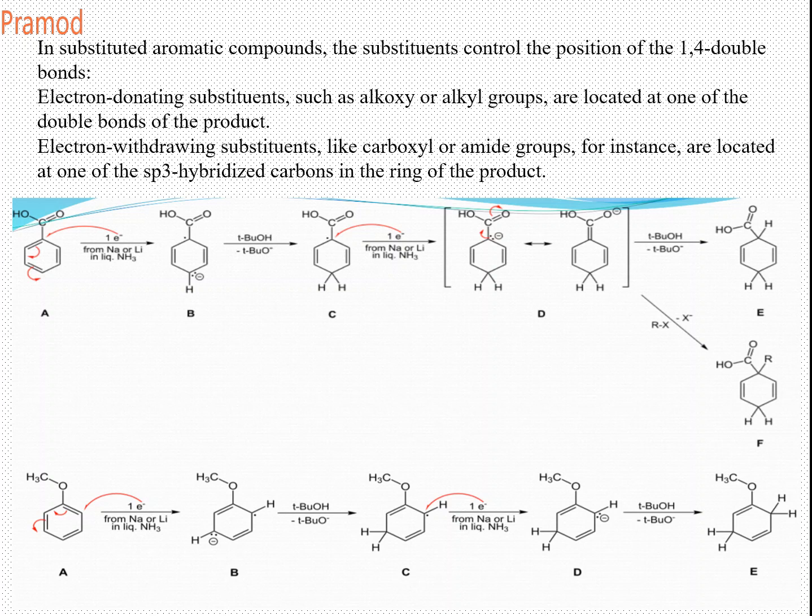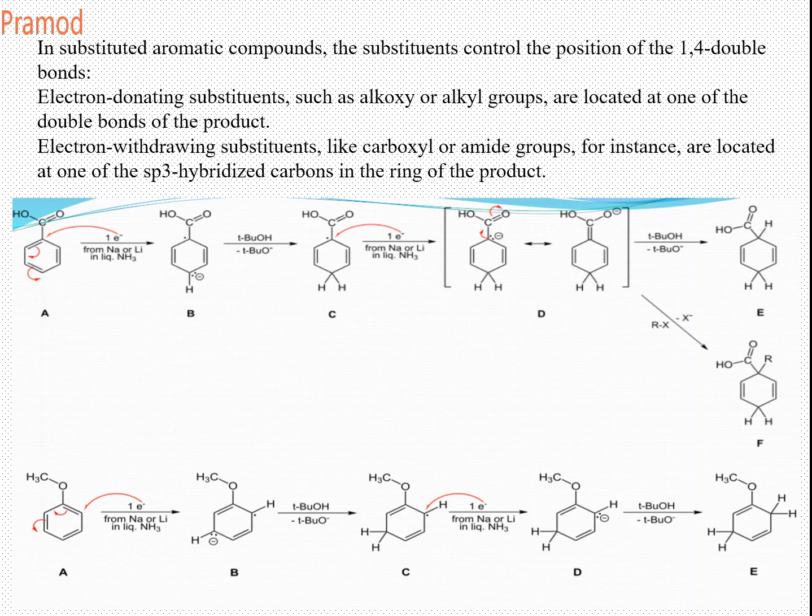In case of a carbonyl group, the attack will be on that carbon, whereas in case of an alkoxy group, the electrons will attack the adjacent carbon of your alkoxy group. This is where your change occurs. So this is what is to be remembered. If there is an electron withdrawing group, then the electrons will attack the first carbon where there is the carbonyl group. If there is an electron donating group, the electrons will attack the carbon which is adjacent to the electron donating group, not the same carbon which is substituted. It will be through the next carbon. So this is the difference between the two.